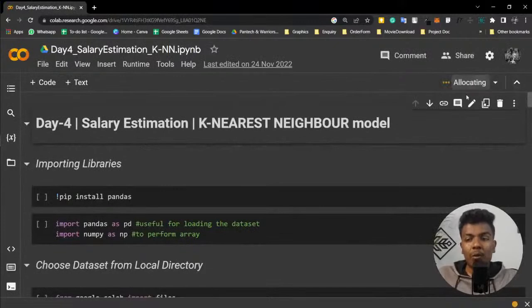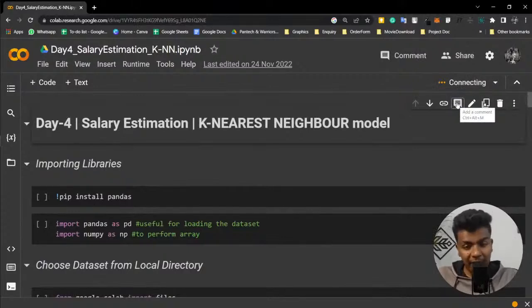First of all, you should click connect so that it allocates memory space for each and every step. Now, what's the next step we need to do? We need to install the library. As I've already told you while talking about this Google Colab notebook, a lot of libraries are already pre-installed in your Colab notebook itself.